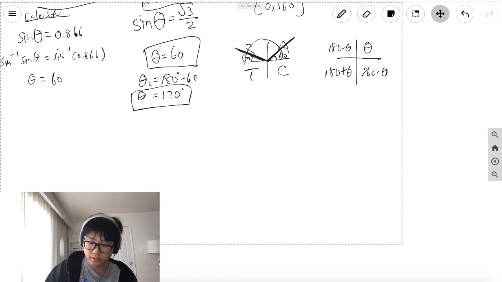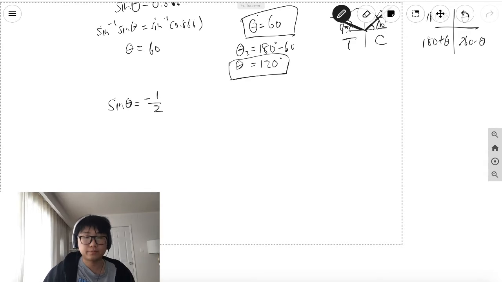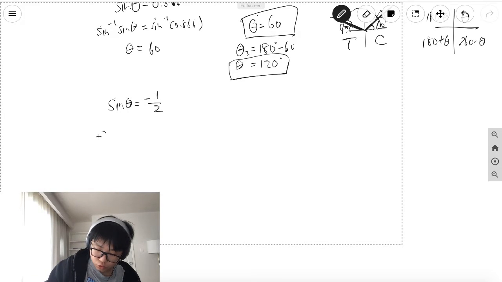Theta, so 60 and 120, and you're going to be doing the same thing for the other one. Now, what happens if sometimes you are left with a negative number, so negative 1/2? There's two ways of dealing with this. I suggest you do it like this. When you do the sine inverse,